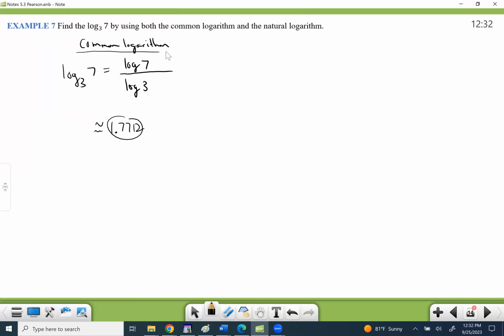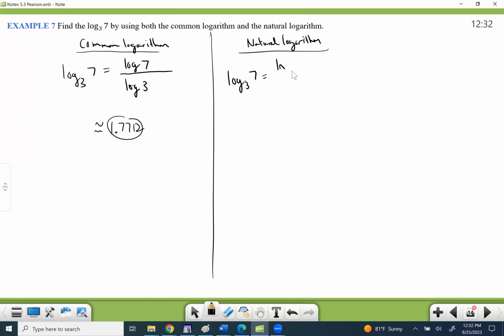We did the common logarithm. Well, let's go in and use the natural logarithm. So if we have log base 3 of 7 and we don't have that on our calculator, okay, we can always change it to natural log, which is on our calculator. And just remember the base stays in the base. And the 7 will have to go in the top. So let's go and see what natural log of 7